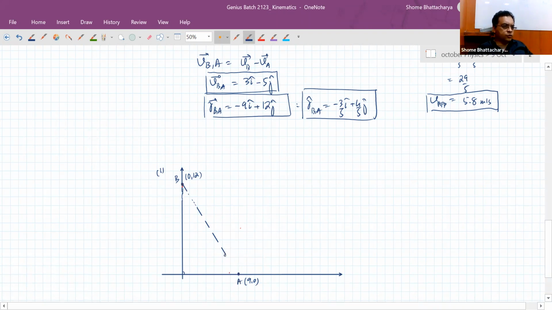Now see, I'm looking at two things in the above equations. I'm looking at the position of B with respect to A, that one's unit vector. So in this diagram, where will that unit vector lie? That unit vector is lying here. This is R cap of B with respect to A. So from B I can draw a unit vector which is pointing away from A. And the other thing I can look at is the velocity of B with respect to A, which is 3 i cap minus 5 j cap. That will probably look like something like this.